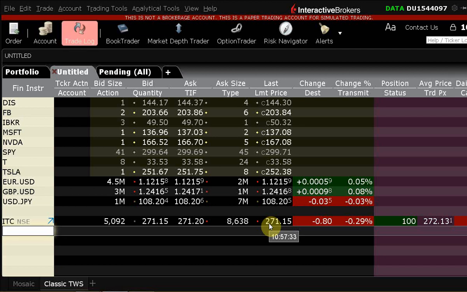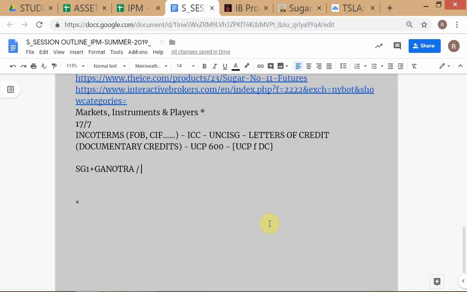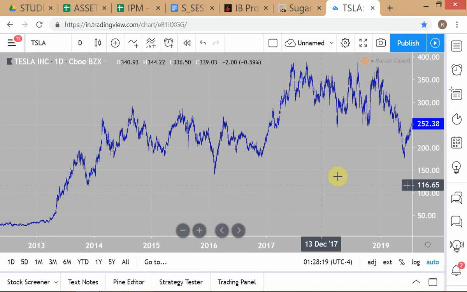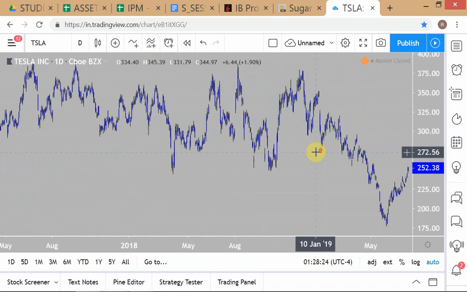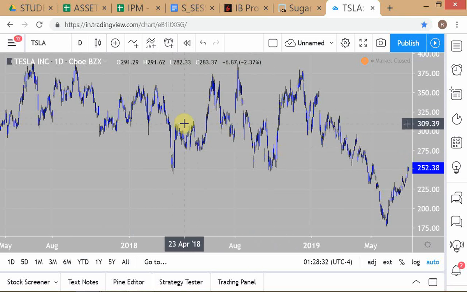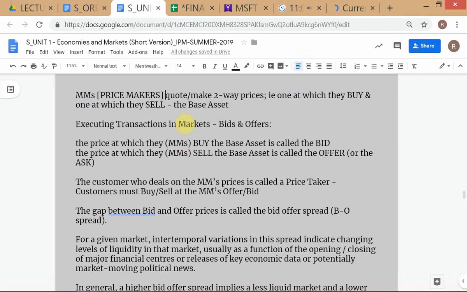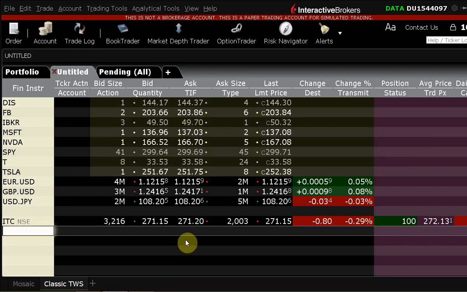Now why am I calling him a market maker, not a directional speculator? Because think about his business. Ideally, what does a market maker want? He doesn't want all this kind of dramatic movement. What a market maker wants is something like this, where the prices remain reasonably confined, not much movement. Even if these are actually large swings, the ideal thing for him is zero movement and a massive volume of trade.